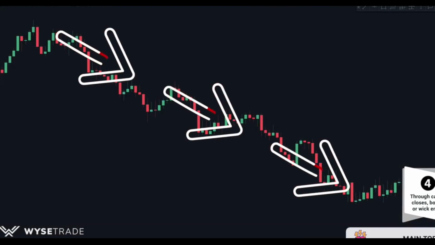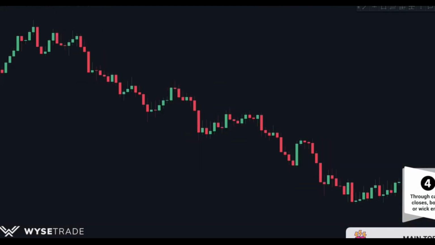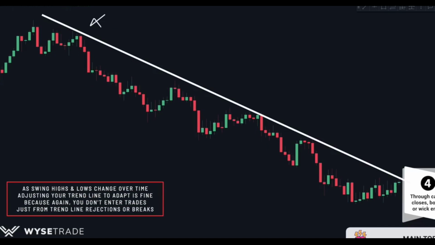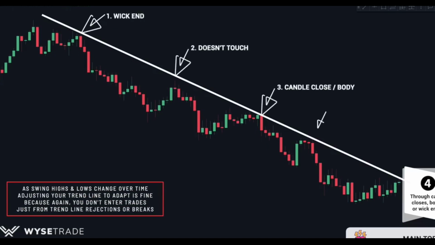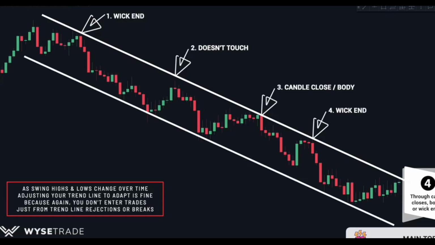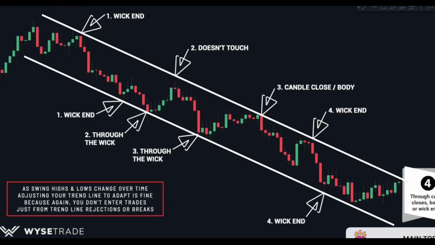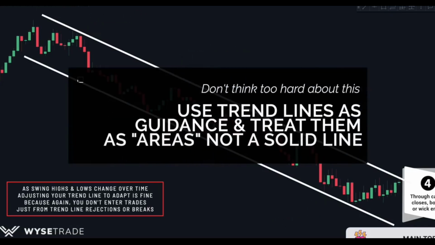Here's your clear moving downtrend, and along the top, we would place our trend line like this. Again, wick ends, doesn't touch, candle close, wick end. And along the bottom, we would place our trend line like this. So don't think too hard about this, because again, we use trend lines as guidance and treat them as areas,